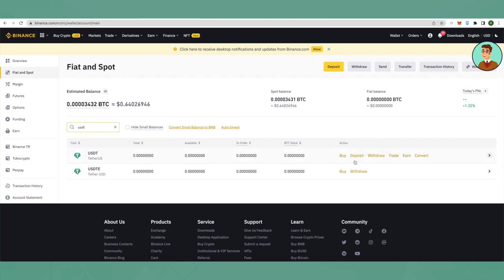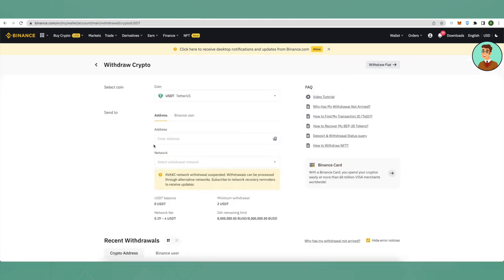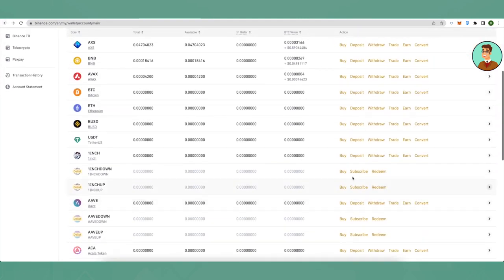on deposit. Now let's take an example that we want to withdraw our USDT from this account and send it to another account. So we will click on withdraw here, and this is the screen that you will receive, and in the address you will require address from your other account. So go to your other Binance account, and in this account click on deposit,